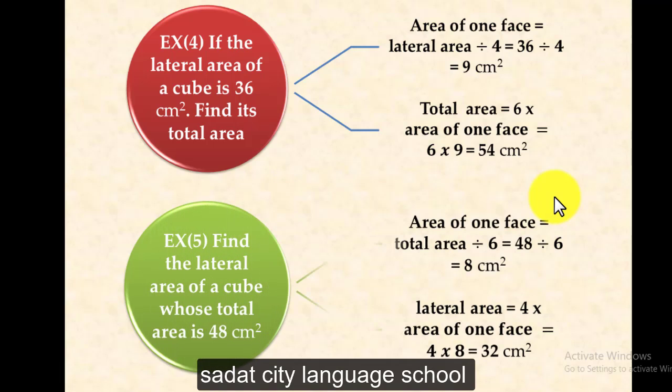Another exercise, find the lateral area of a cube whose total area is 48. Here we have the total area. We say if we have the lateral area or total area, we must find the area of one face. The total area has 6 faces, and I want the area of one face, so I will divide the total area by 6. 48 divided by 6 equals 8 centimeter square. Now we have the area of one face. Can we find the lateral area? Lateral area equals 4 times the area of one face. 4 times 8 equals 32 centimeter square. This represents